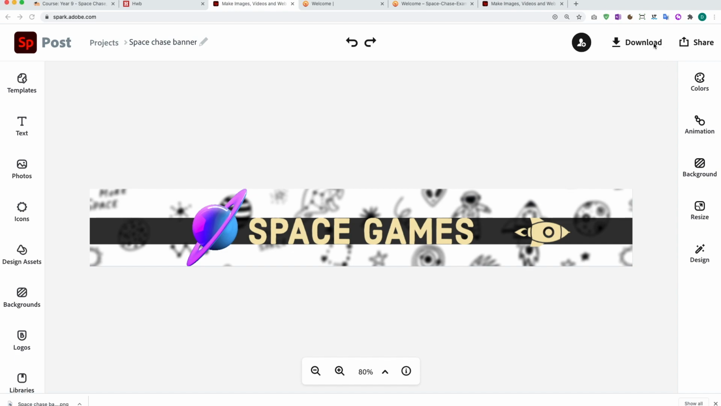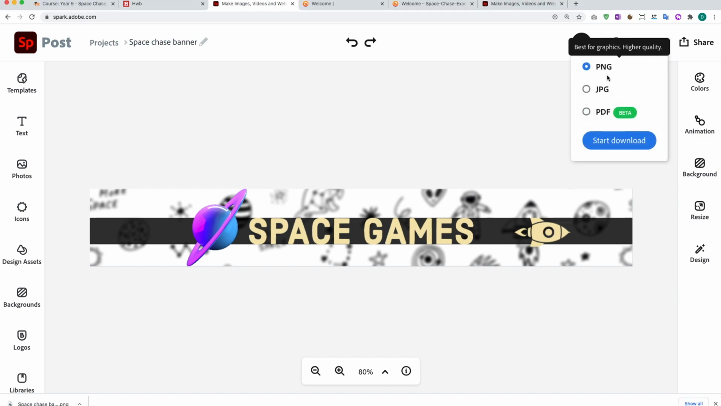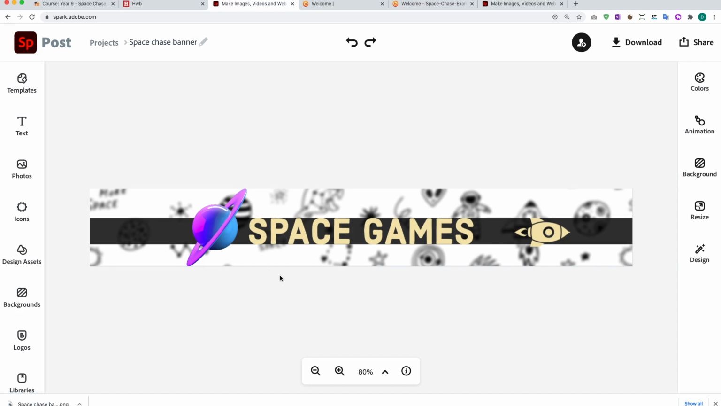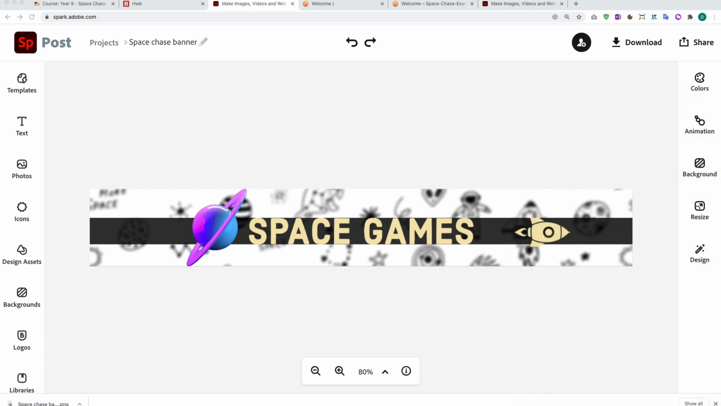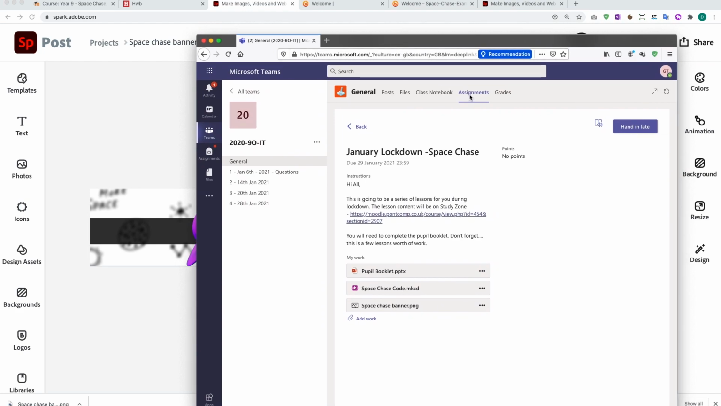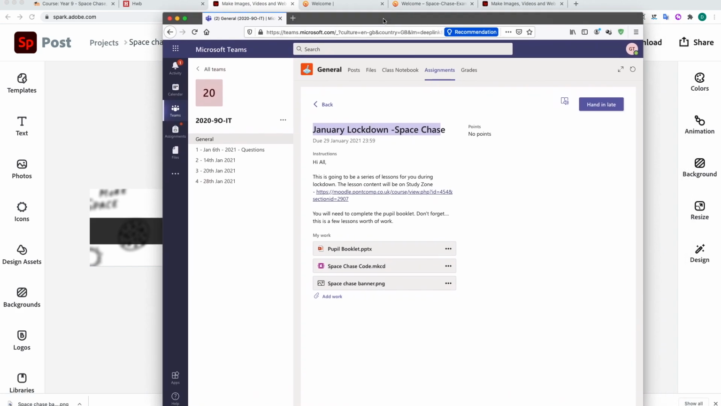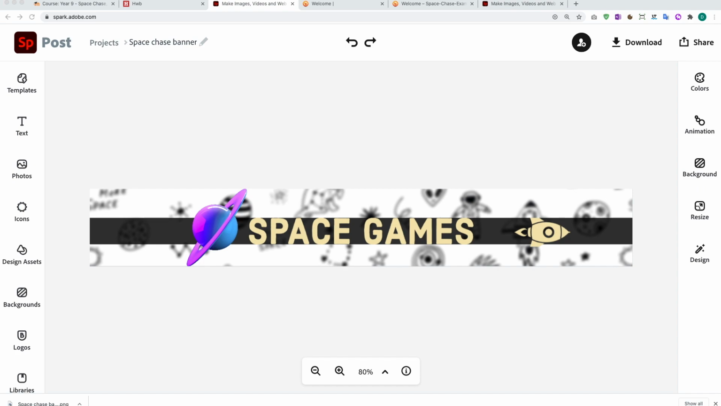I'm going to ask you to do is click on the download button. You can either select PNG or JPEG, click on start download. Once you've done that, find where it's downloaded to, so hopefully it's gone into your downloads folder. Once you have downloaded it and you know you've got it, open your assignment on Teams, make sure you're in the Space Chase one, and then add work and upload it here for me, please. If you've got any questions, please use the chat facility on your teacher's team to speak to them and ask